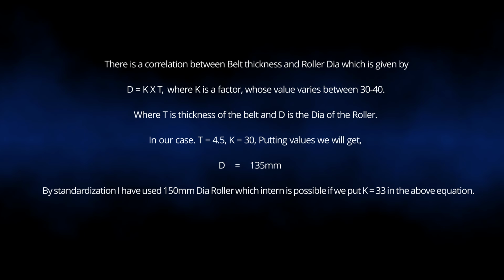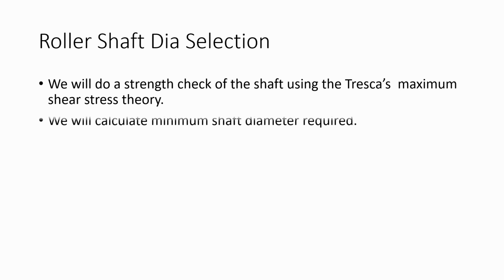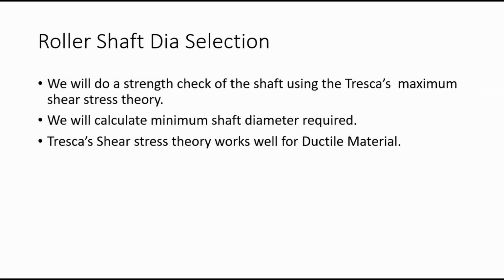Now moving to roller shaft dia selection, we will have to do a strength check for calculating minimum shaft dia required. For the strength check, I am using Tresca's maximum shear stress theory, and the reason behind selecting this theory is because it works well for ductile material, which in our case is SS, stainless steel. I will also explain later why I have selected SS, so don't worry about that. Let's just make